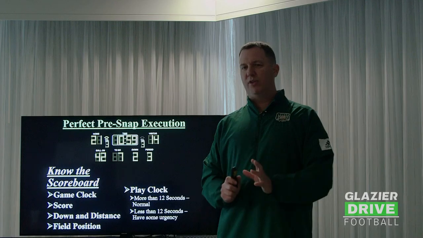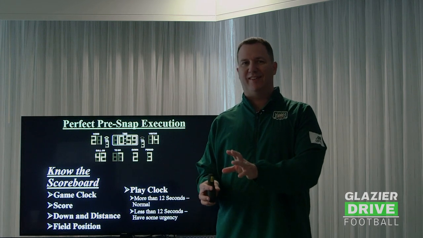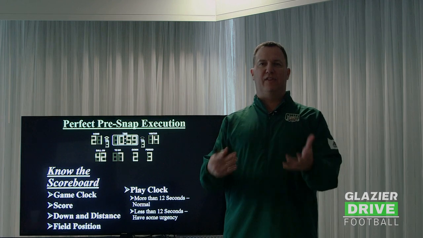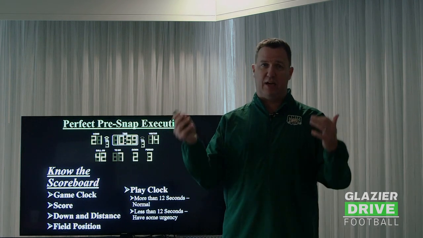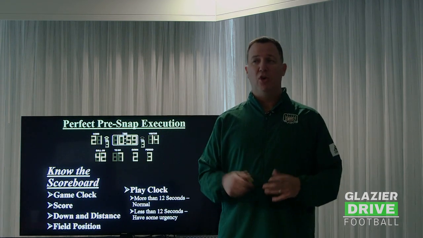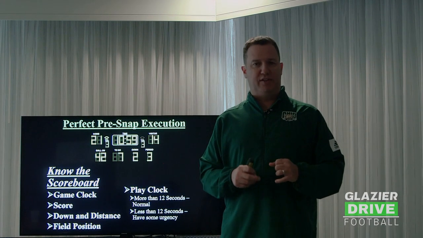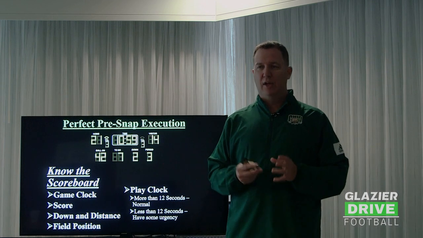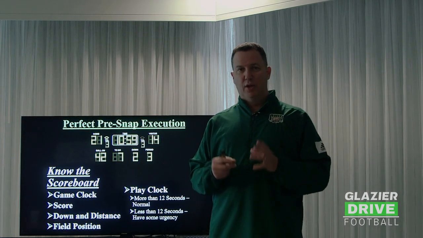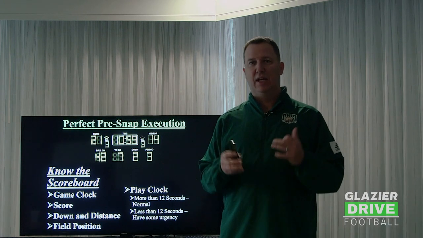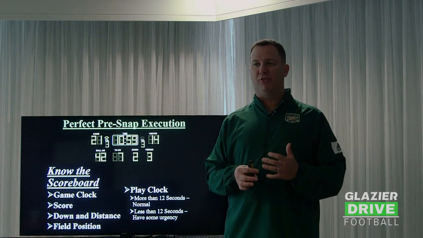Again, not something you start out practice 1 necessarily with a play clock, but certainly putting your quarterback in a situation where the clock is counting down and we want to get the play snapped without burning a timeout or losing 5 yards. Those are all things that we are going to practice, not necessarily practice 1, but we are going to put our quarterback in situations where the clock is counting down and we need to get the thing snapped